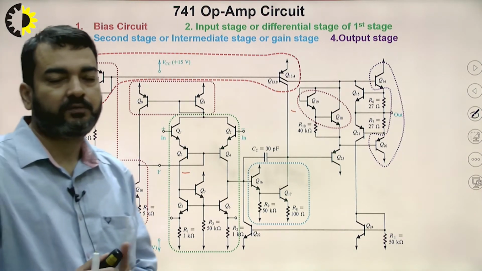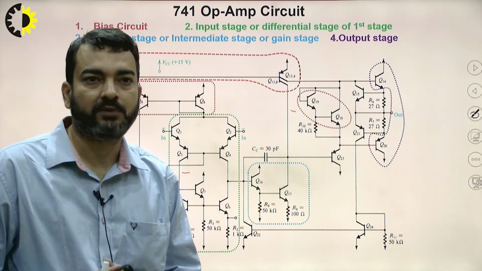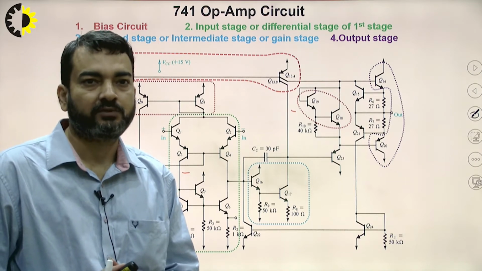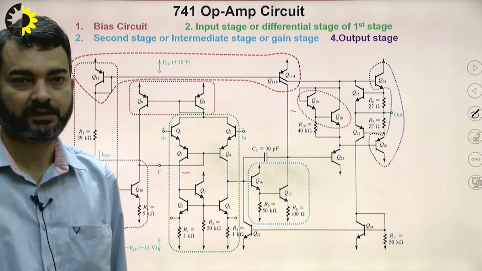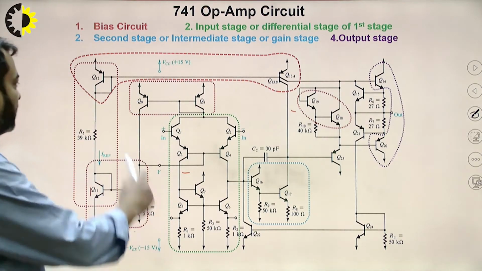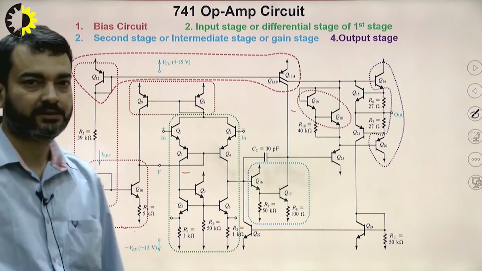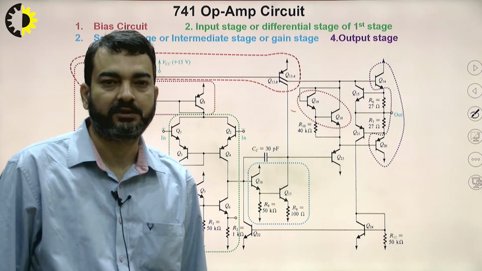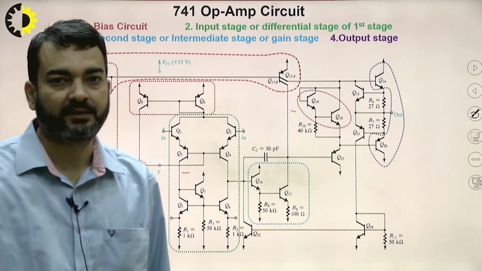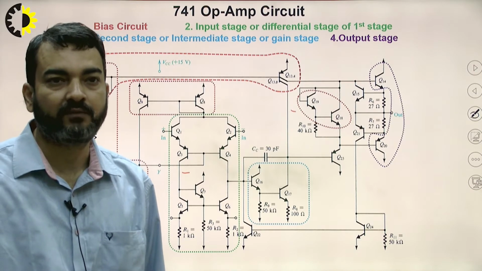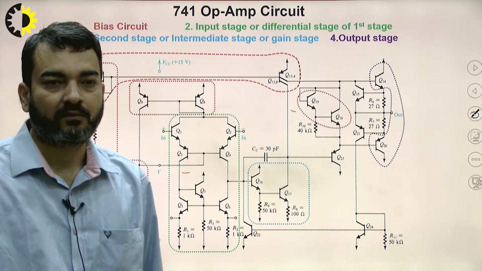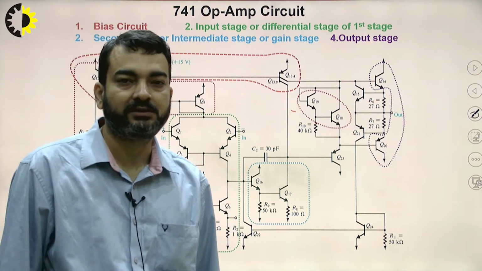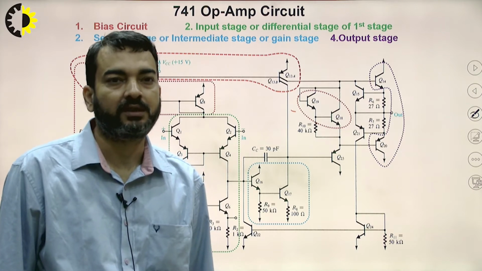In the analysis, we have to perform two analyses: one is DC analysis and one is AC analysis. With the help of DC analysis, we have calculated the collector current of various transistors. Why have we calculated the collector current, that is, the bias current of all the transistors? Because with the help of these bias currents, we can calculate different parameters of the transistors. For example, what is the value of the small re resistance, present in the emitter of all the transistors?